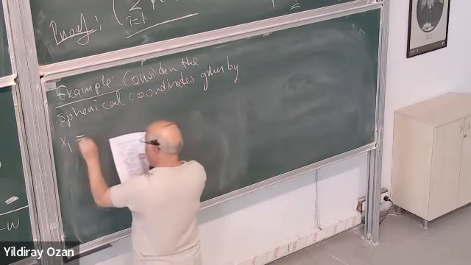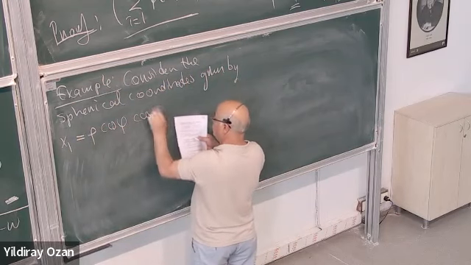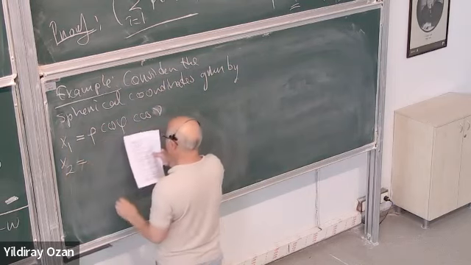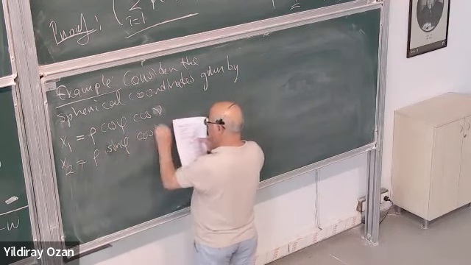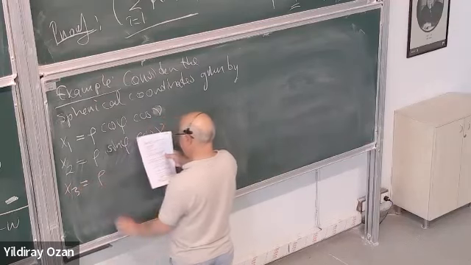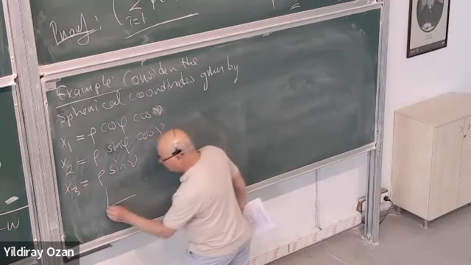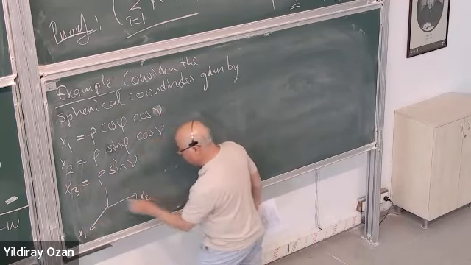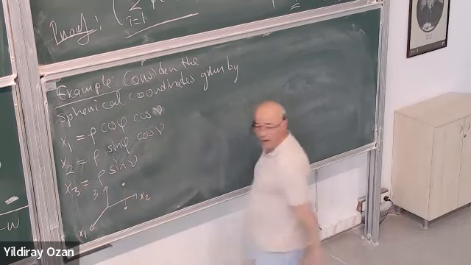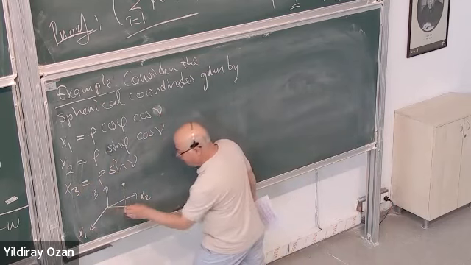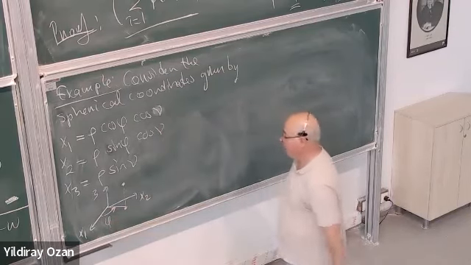this. X1 is rho times cosine phi cosine nu. X2 is rho times sine phi cosine nu, and X3 is rho times sine nu. So let's say this is X1, X2, X3. If I have a point here, I look at its projection in the XY plane, or X1, X2 plane. This angle here is this phi, and